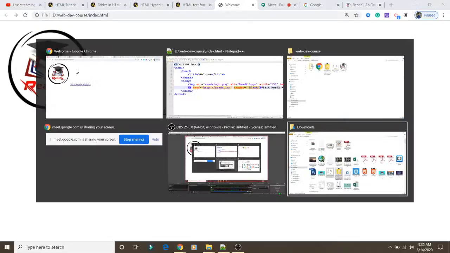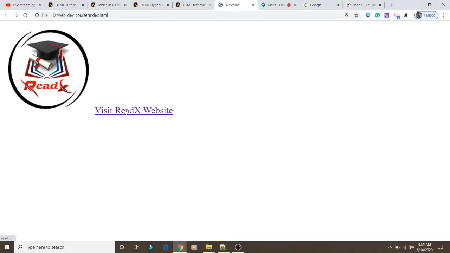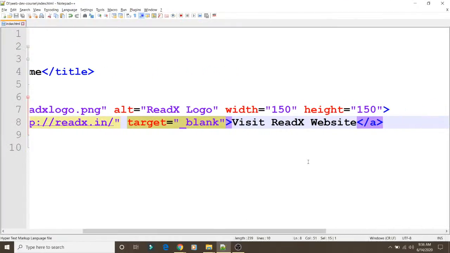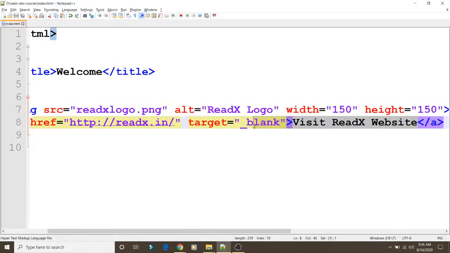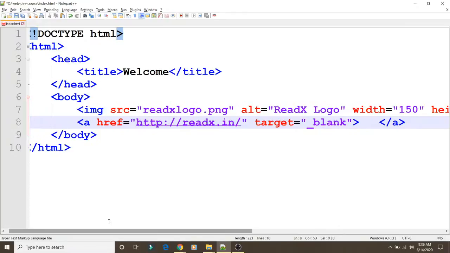In this example we were clicking on the link, and on clicking it the particular website was opening. Suppose I want to click on this Redx image and the website of Redx should open. So instead of this Redx text, we will insert the image within this anchor tag.